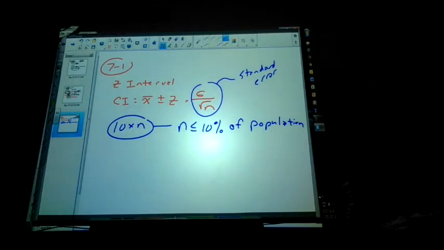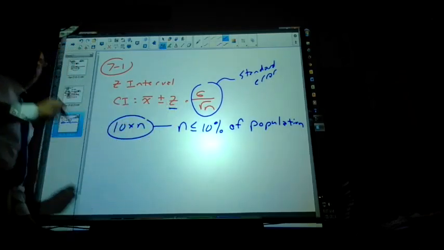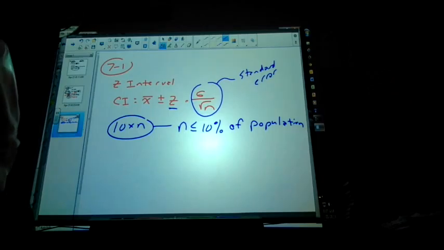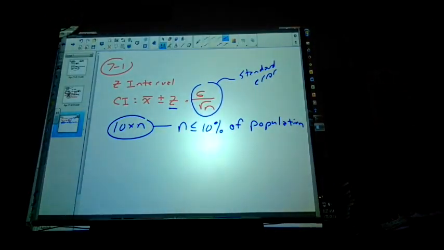Okay, so things about the Z interval, obviously you're using the Z-score. We found that Z-score has a neat place now that's easier to use because the Z-score falls on the T-table as well as the very bottom row. So you can find that pretty easily. So then you have 7.2